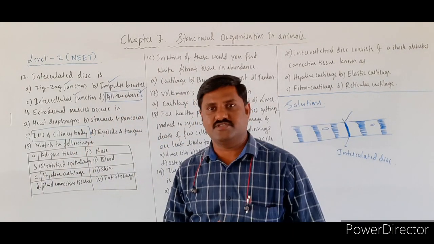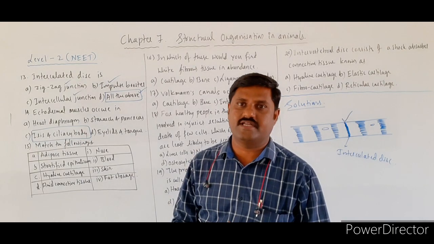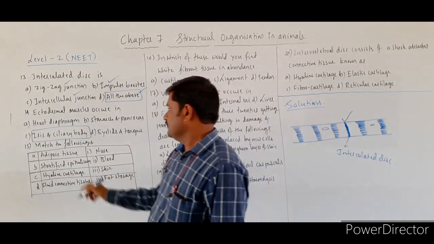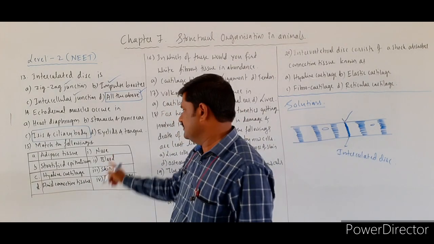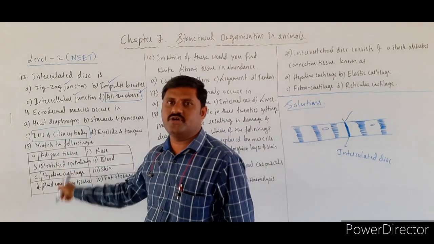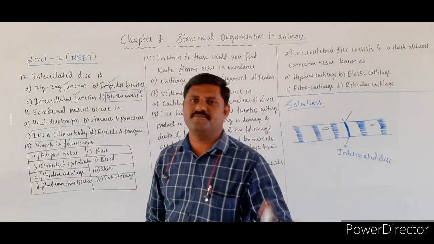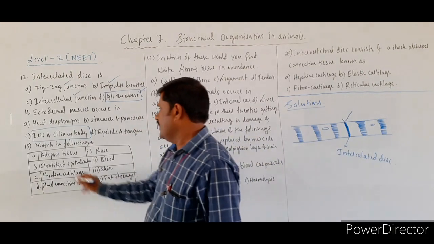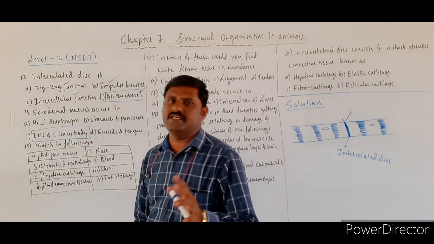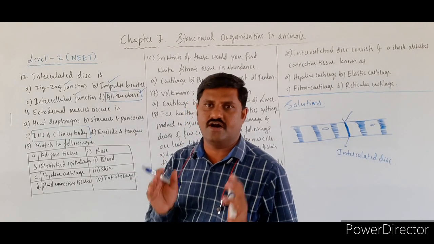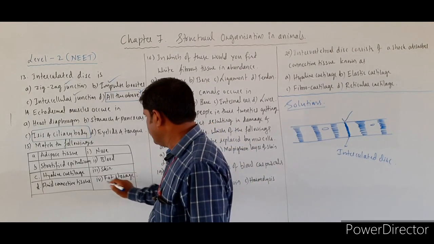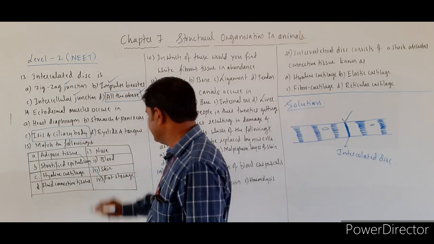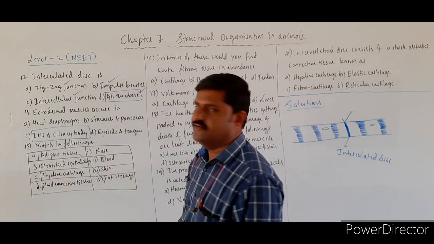So the next question is a very important one. Match the following type of question. See here. So here are the tissues and here are the structures. So these structures are made up of so and so tissues over here. Match the following. First one is adipose tissue. Usually it is meant especially for the storage of fat material. Let us see. So storage of fat. It is storage of fat. Then A is 4.